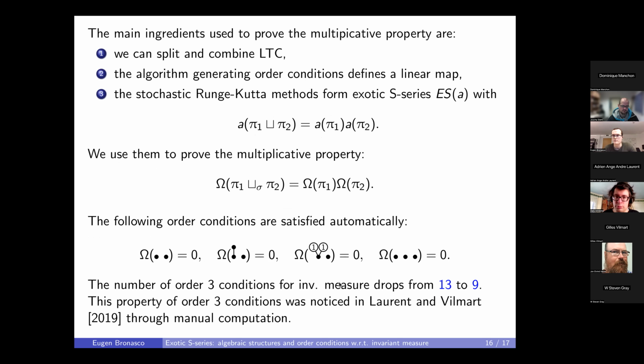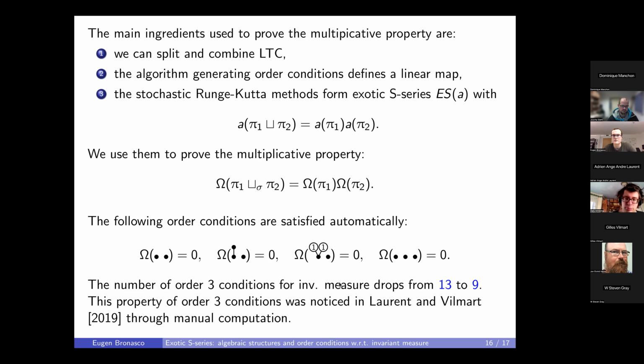And we can combine them. So if we have several compatible LTCs, we can combine them into one in a well-defined manner. Then the algorithm generates all the conditions, defines a linear map. And the third